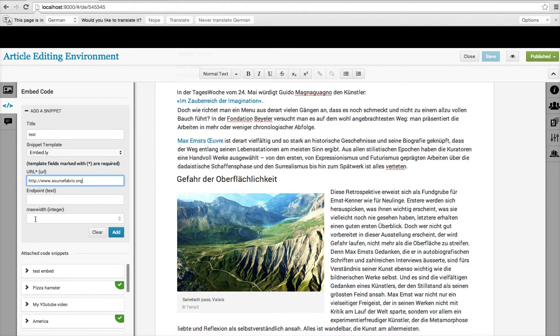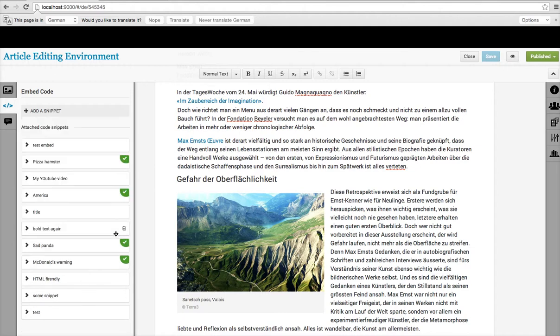And yeah, I can also define a max width, let's say 600 pixels. I can also refer to specific endpoints from the Embedly API. I won't get into those details now, but I just add this snippet now. So now all the information is sent to Embedly, and we have the snippet added here. We should, yes, here it's showing up. So now I have that snippet,